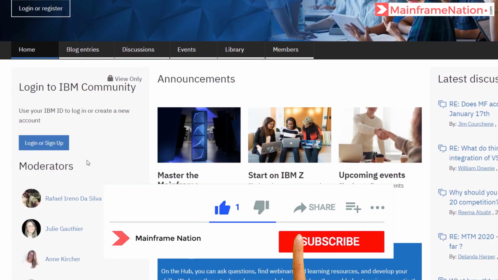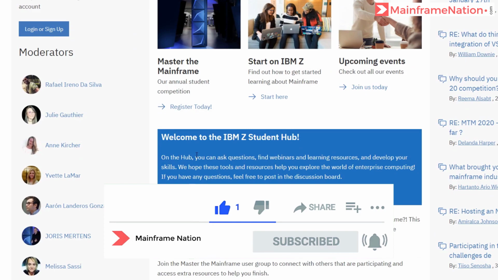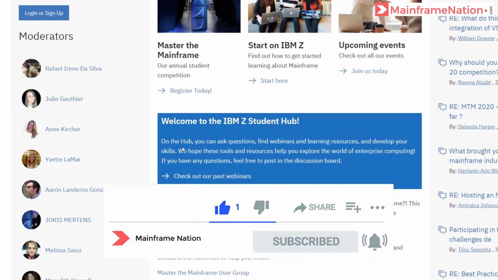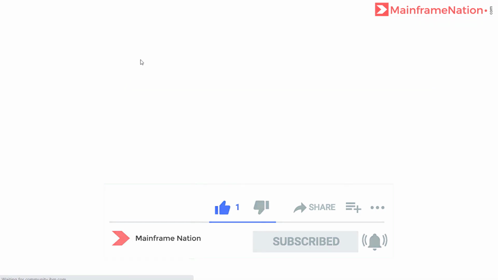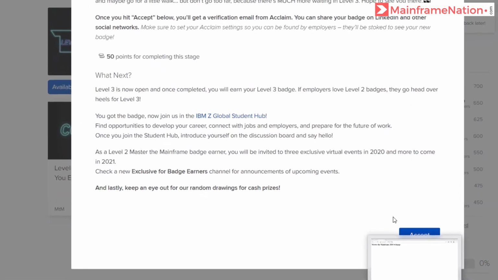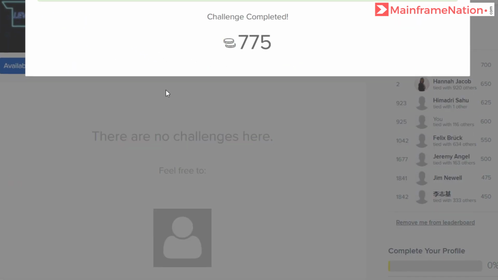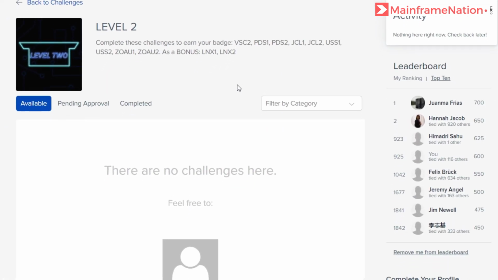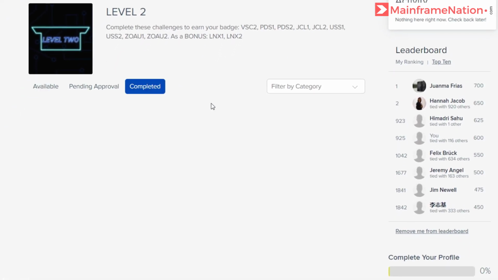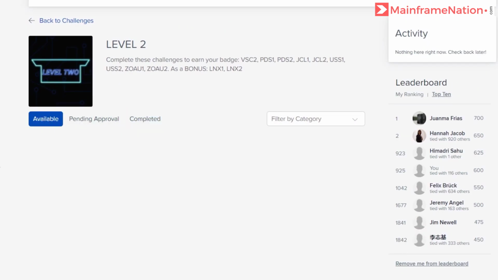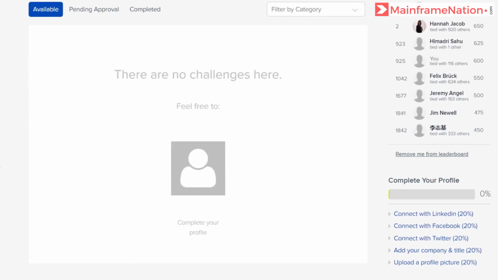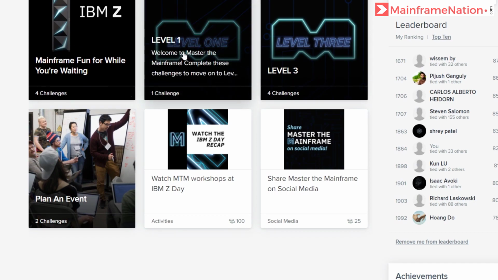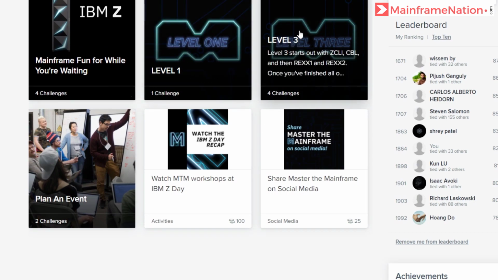Just log in or register and you will get exclusive access to this hub. All the IBM Z students will be here. After that, just click on accept. So level 2.12 is also complete. All the challenges in level 2 are complete. So there are no available challenges in this level 2. You can see there is no level 2. Let us now move to level 3.